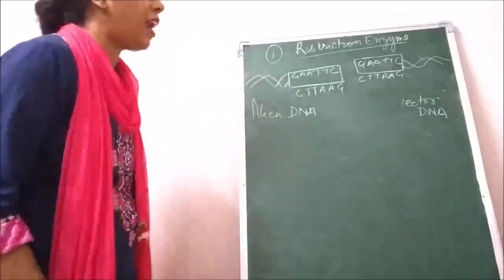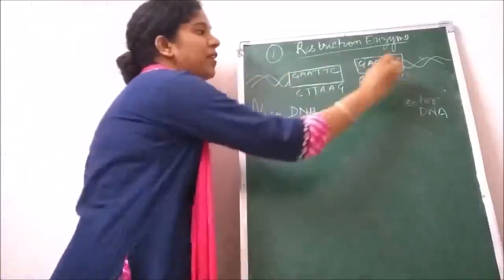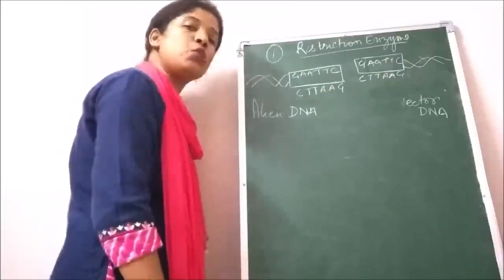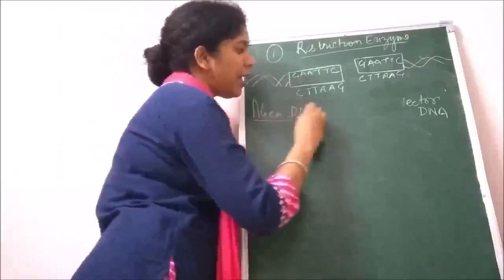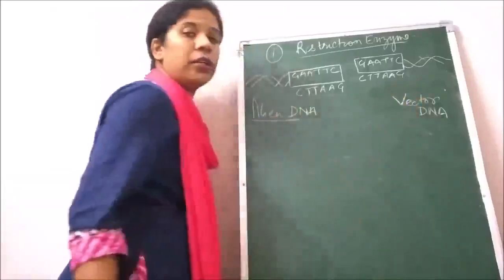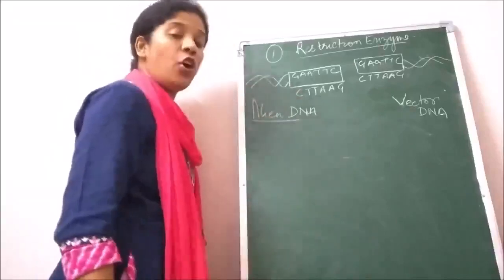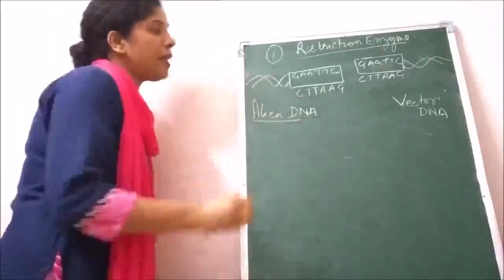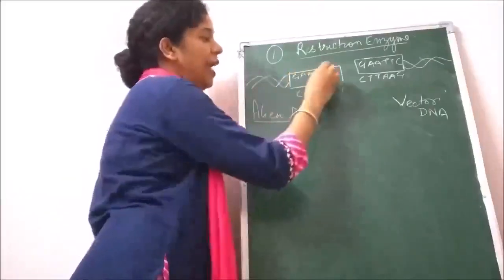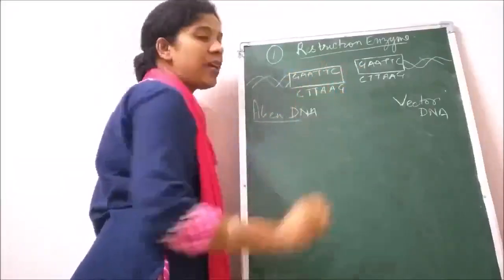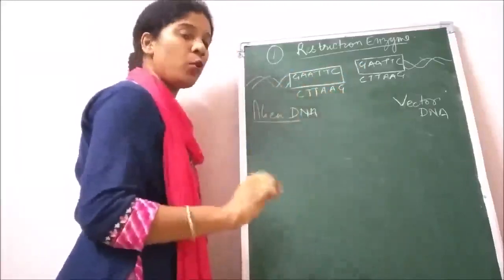Now let us understand how this restriction enzyme is used in biotechnology. For example, these are the two pieces of DNA which we want to join together to create a recombinant DNA molecule. This is an alien DNA and this is a vector DNA or plasmid DNA to which we want to seal this alien DNA. Both of them have this EcoR1 restriction site GAATTC, and the opposite strand, being palindromic, also has GAATTC, which reads the same in both directions.